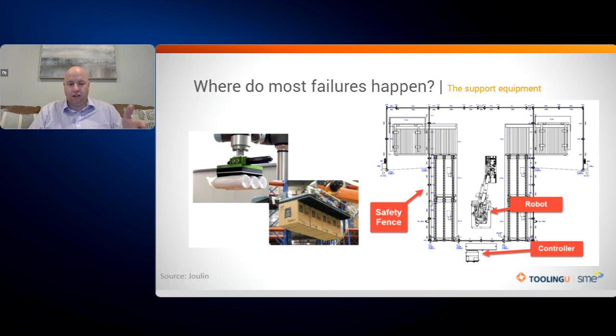When it comes to the left EOT, the green one with the Julian head on the UR, there may be vacuum sensors in there that need to be calibrated to see if it did pick up the product. These are things that are prone to failure, so I would highly suggest, if you have a maintenance team, it may be on a monthly inspection, or if you're programming these things in, I would look at putting some